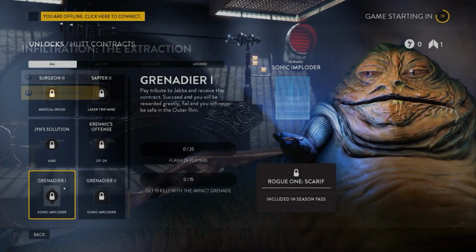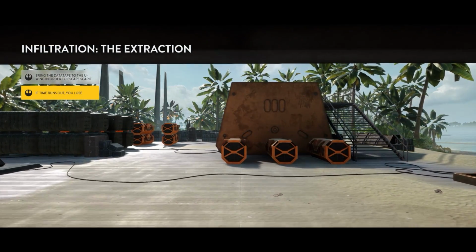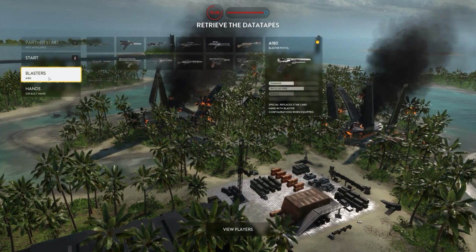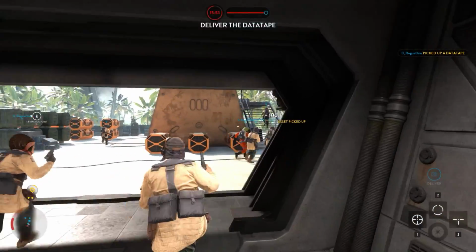Next up we have Sonic Imploder: flash 25 players and get 15 impact kills. These are kind of easy, just spam them as much as possible, at least the flash grenade. I'm guessing that you will probably get the flash requirement before you get the impact requirement, because getting kills with the impact grenade is pretty tricky, and if that is the case, I would recommend you to switch out the